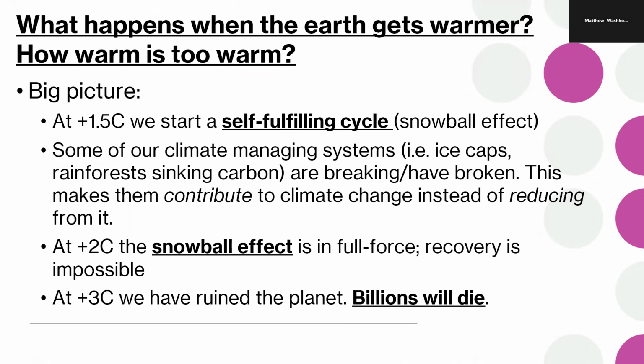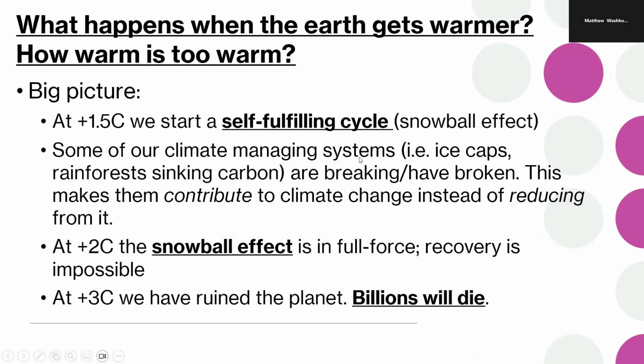So what's too warm? By 1.5 degrees, we see that self-fulfilling cycle. We see the snowball effect. Why is that so important? Why at that point have we pushed that snowball? Is it getting bigger and bigger? It's because our ice caps are melting rapidly. It's because of our rainforests. Trees are made out of carbon. They suck it in. Generally speaking, the Amazon rainforest, for example, or many other forests in the world, are carbon sinks. They suck it up. It's gone. It's out of the atmosphere, right? It's contained in a log.